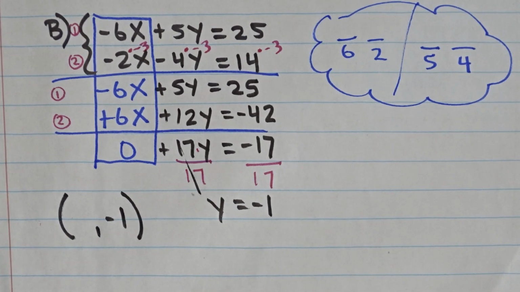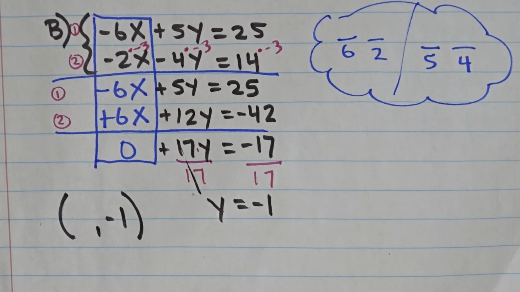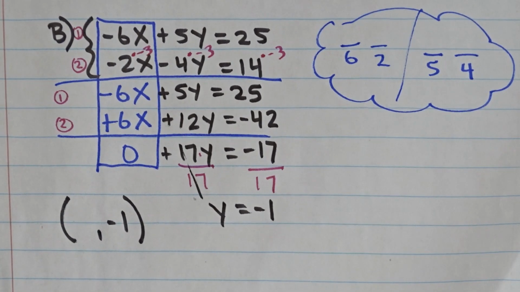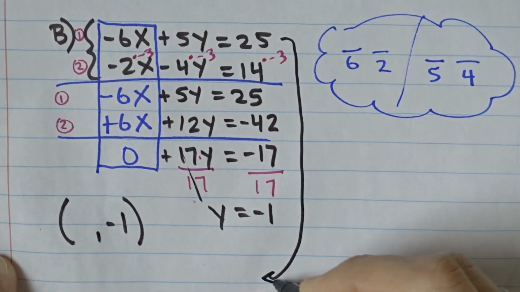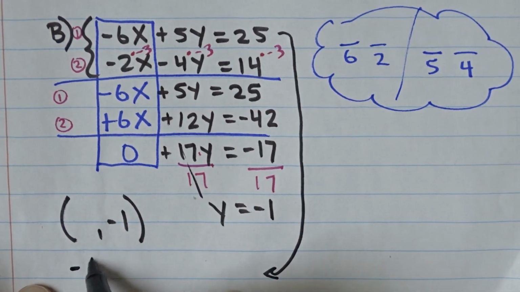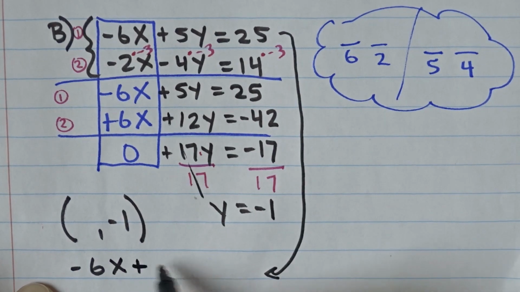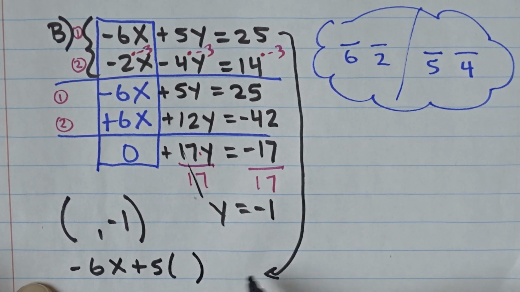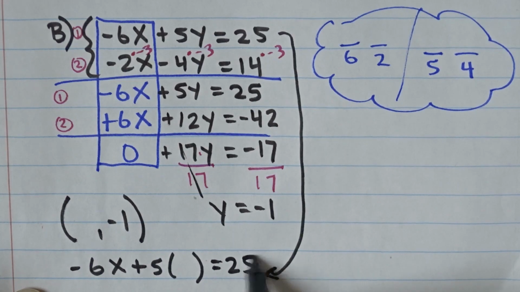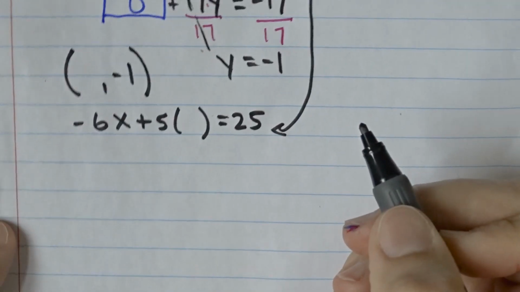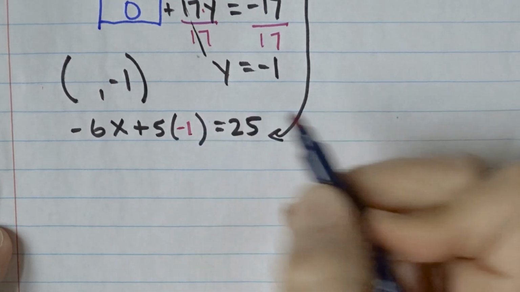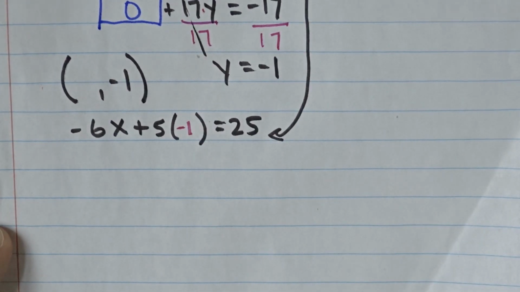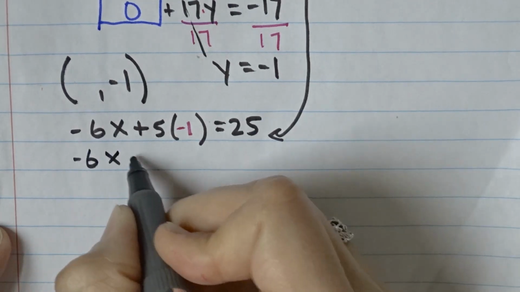Okay? And just like before, I want to replace that negative 1 in the y spot in any of the equations. I'll use the first one again. Just common protocol, I guess. So now I'm going to rewrite it. Negative 6x plus 5, my y that I now know, equals 25. And since I now know my y is negative 1, that goes there. So my equation is now negative 6x minus 5